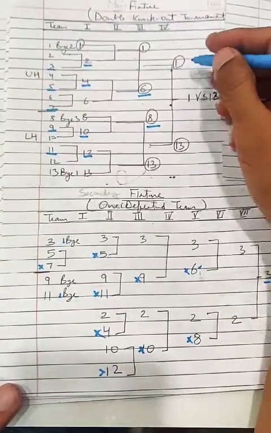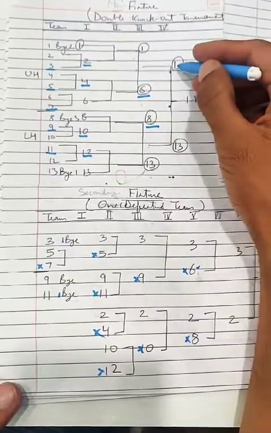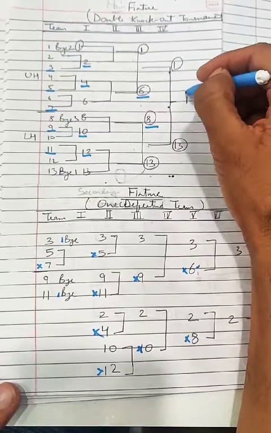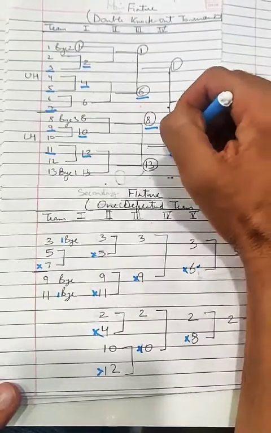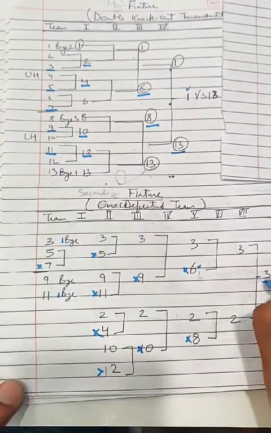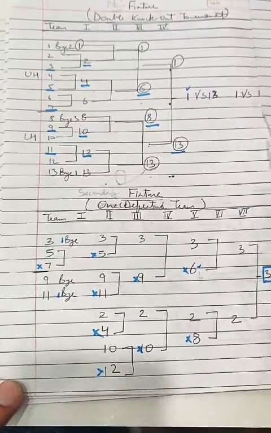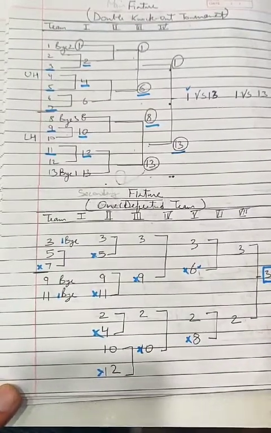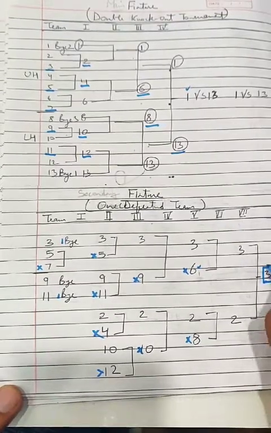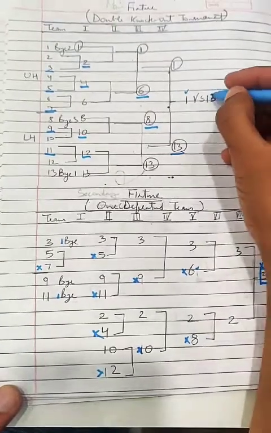So in the double elimination main draw, there will be a final between 1 and 13. 1 and 13 के फाइनल में 1 यहाँ पर विनर हुआ है, तो 13 यहाँ पर लूजर हुआ है. तो 13 जो है वो फिर again इस ड्रॉ में एंटर हुआ है. तो there is a match between 3 and 13. Now you can see there is a match between 3 and 13. In this case 13 will be the winner. In case 13 will be the winner, तो 3 out हो गया टूर्नामेंट से, and 13 will again enter here in the main draw.